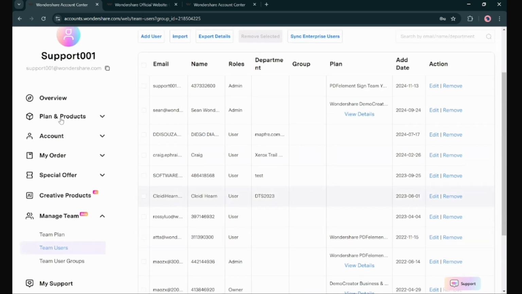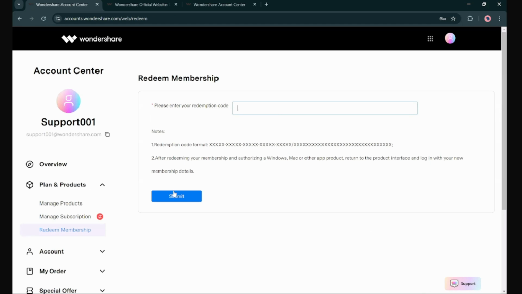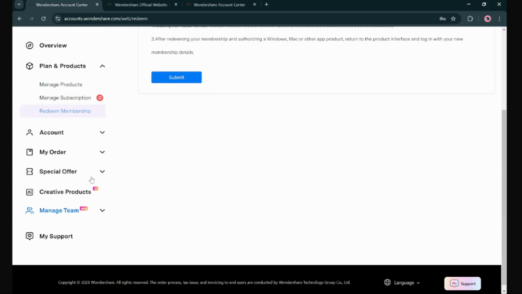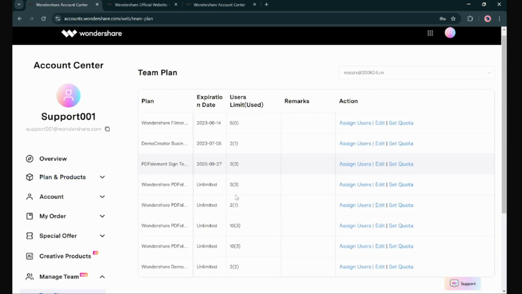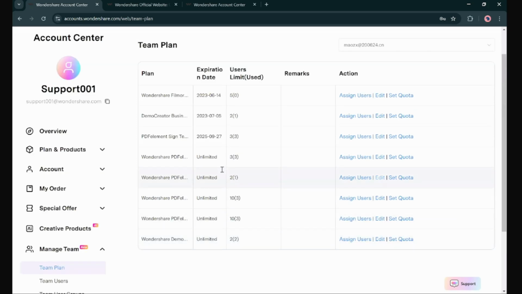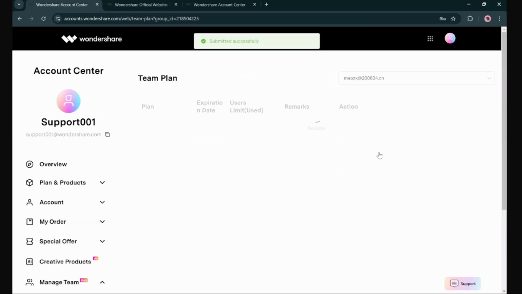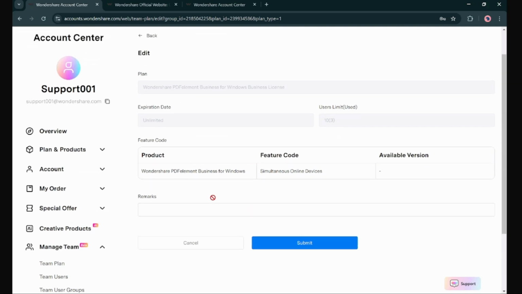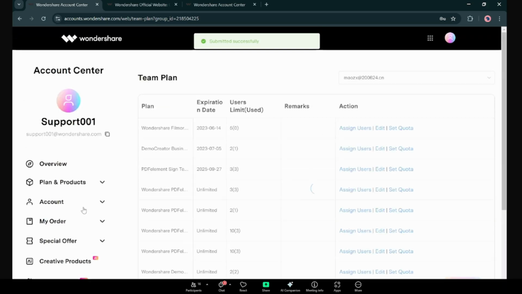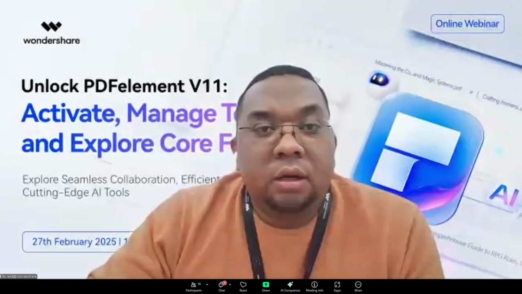So for the first step, I will just make a recap. When you receive the license code, you copy and paste it here, you submit. And if you are the admin, you check which plan you have. For example, here. Okay. And then you assign the plan to him and then you submit. And that's all. Or here I have another plan. I'm choosing the plan, business for Windows. Okay. Then I submit. That's all. Then these people will have the license activated so you can use the software freely. Okay, that is the first part